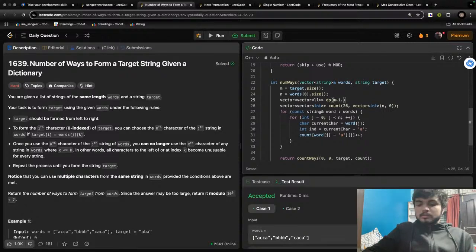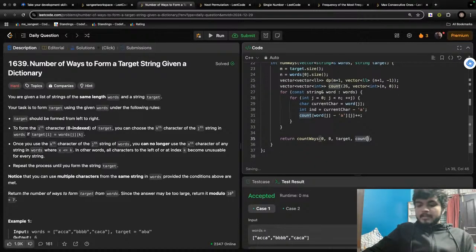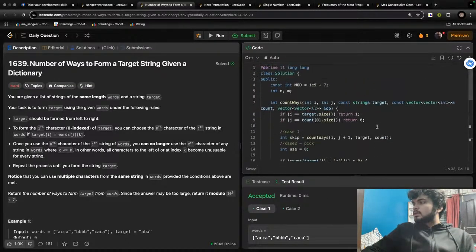We'll have m plus 1, we'll have vector long long, n plus 1, minus 1, and here we'll pass dp, and directly here we'll check if dp of i comma j is not equal to minus 1, then we can return dp of i comma j,